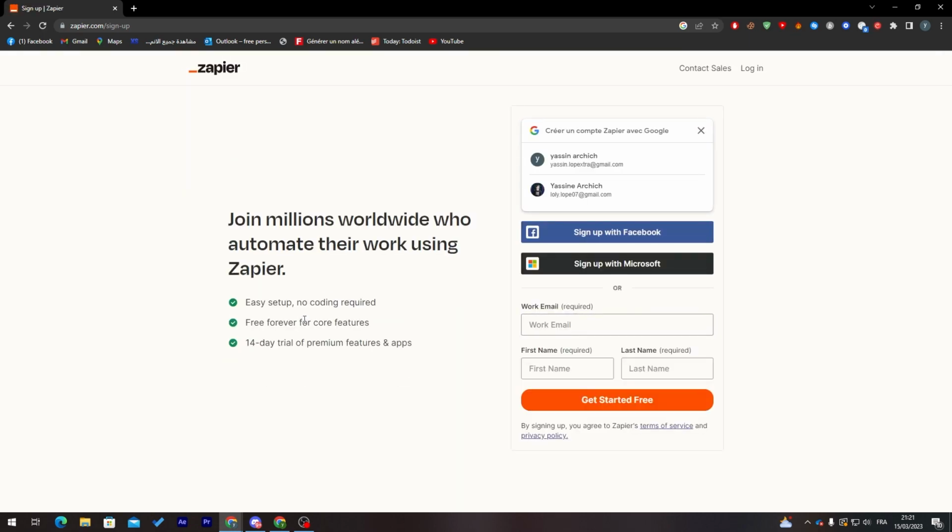Here you can sign up using your Gmail account, Facebook account, or even Microsoft account. If you don't want to use these three, there is also the normal sign up method, which is using your email, first name, last name, and then picking your password. Now let's try to log in using our Gmail account. So here we go,